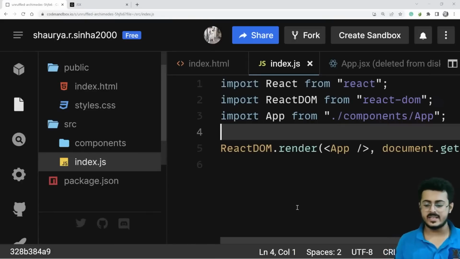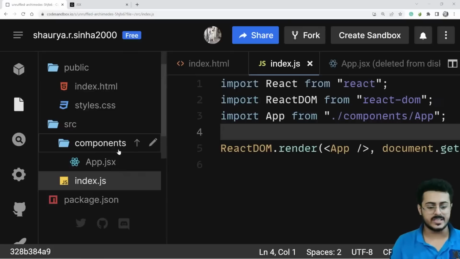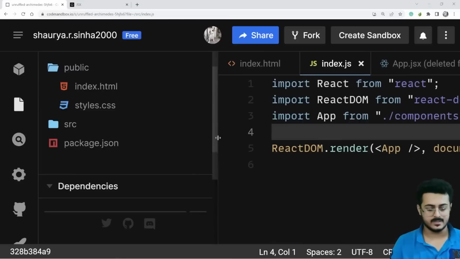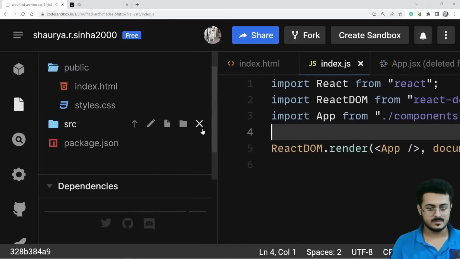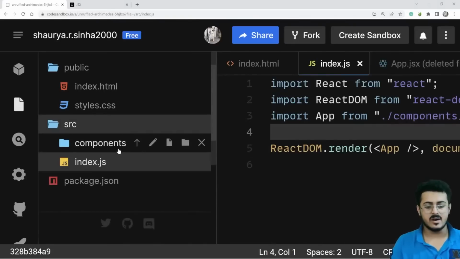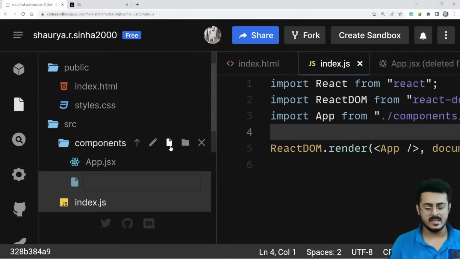We need to create a header component, guys. Again, Papa Stone has written it correctly: create a header.jsx file. That's great, Papa Stone. So inside our components, we are going to create a new file. Let me just increase the size so that it is visible. Inside our components, we are going to create a new file. We are going to name it as